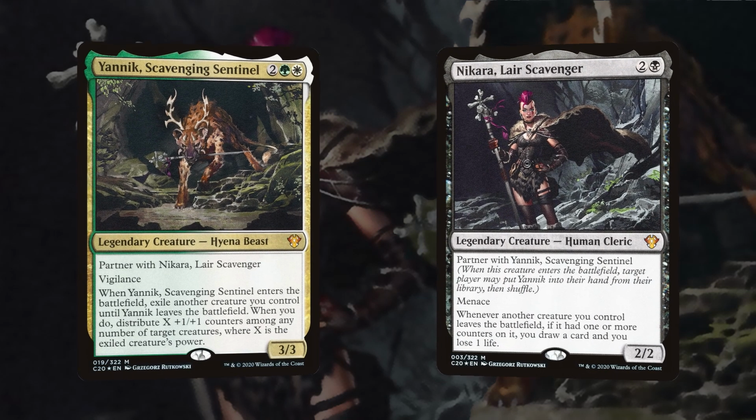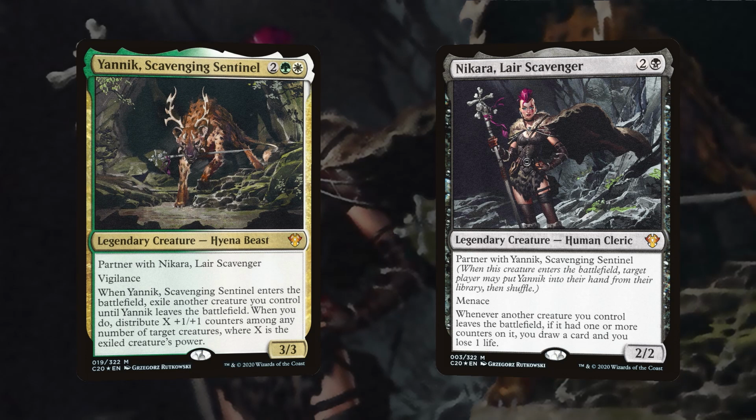I'm coming to you with a deck tech based off of Yannik and Nikara, and I call this Yannik FLICKERFORCE. Yannik and Nikara are two of the partners from the recent Commander 2020 Precons that just came out, and we haven't been able to produce a lot of deck techs and gameplays recently, because gameplays are a lot harder to pull off now that we're dealing with this pandemic, but the deck techs have